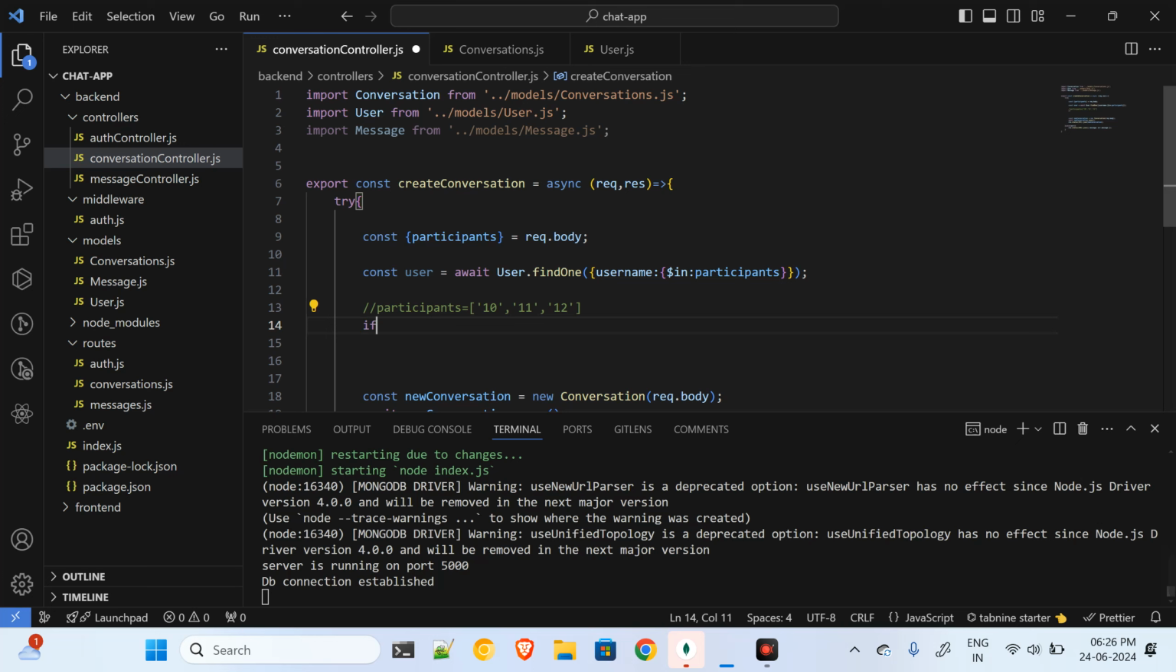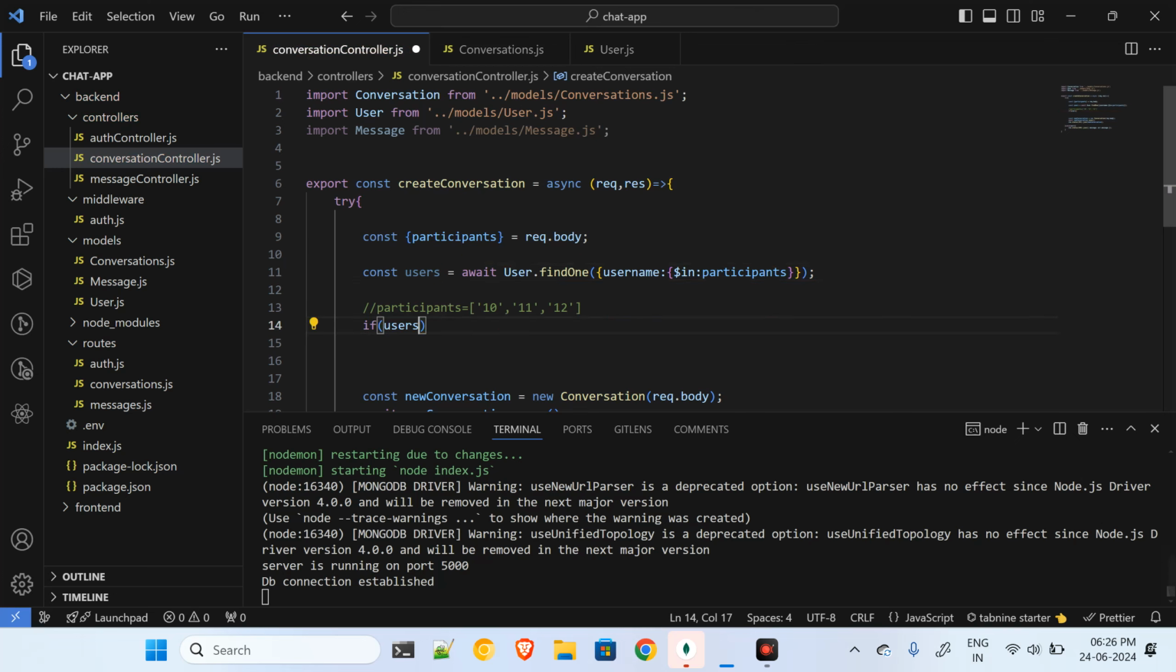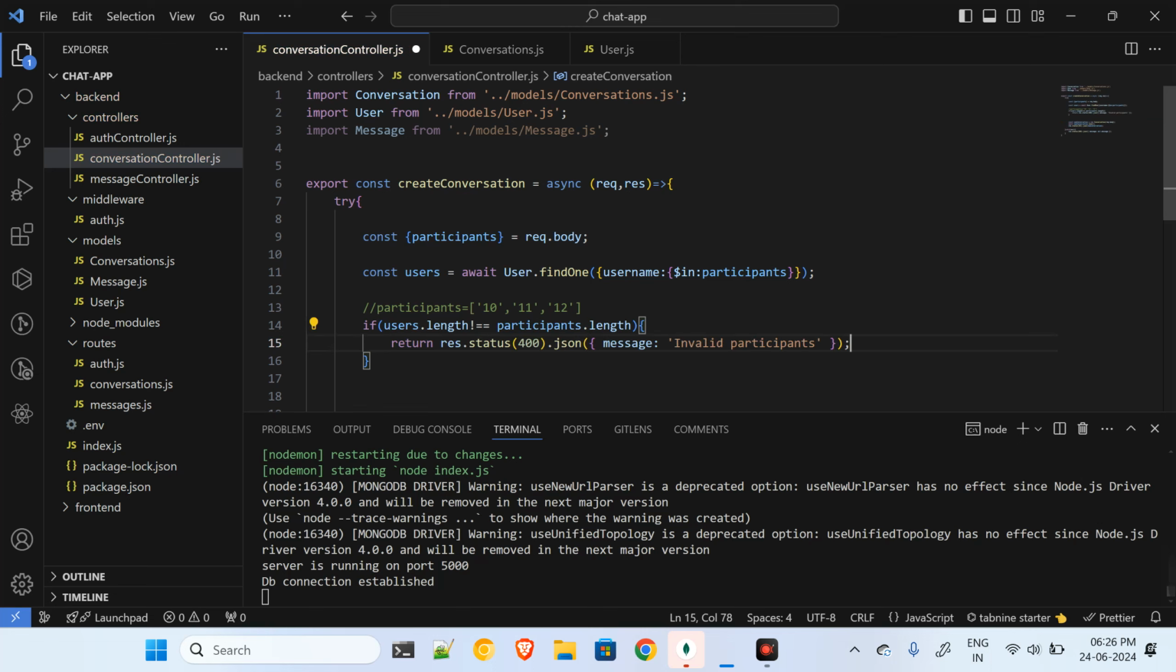So now what I'll do, I'll check. Okay, so if these are my users, if users dot length, I will check. Okay, so users dot length is not equal to participants dot length. Okay, so this is my logic. So I will say response dot status 404. That means users are not found, and I'll give the message over here: one or more users